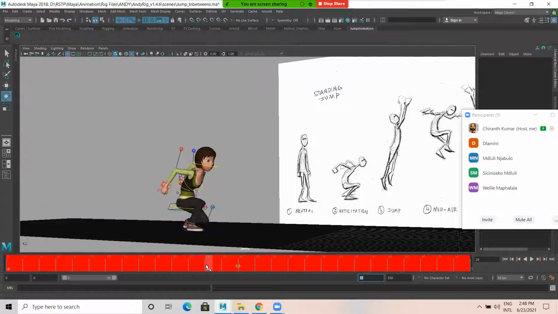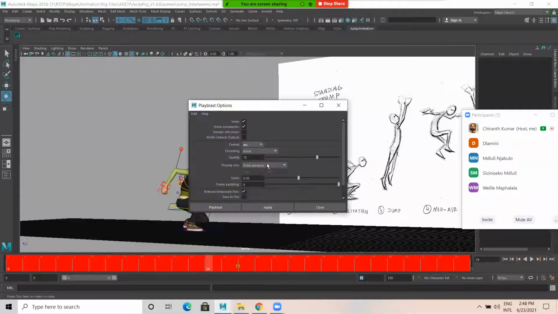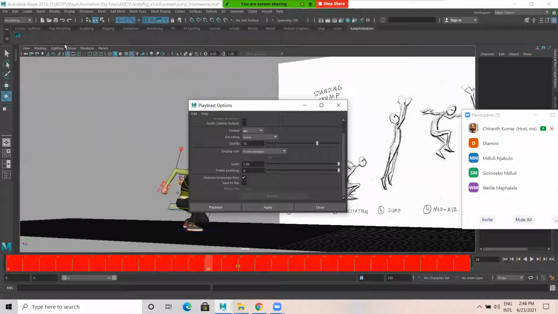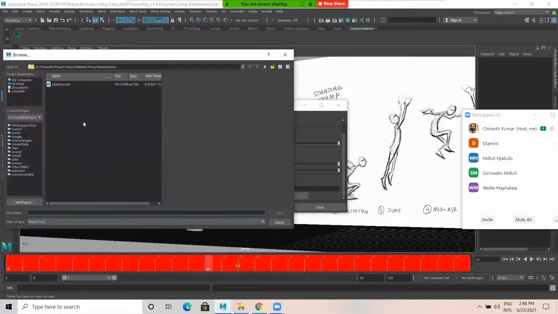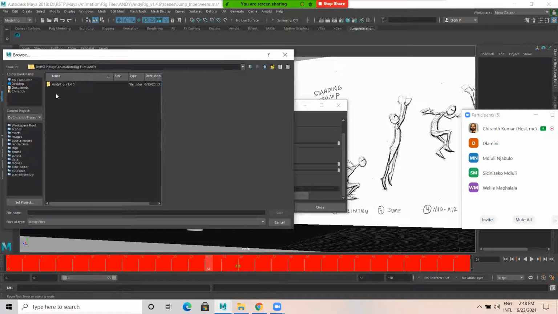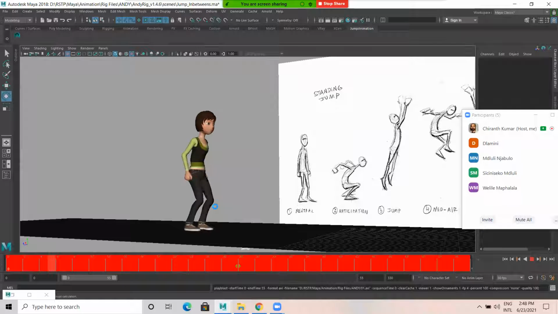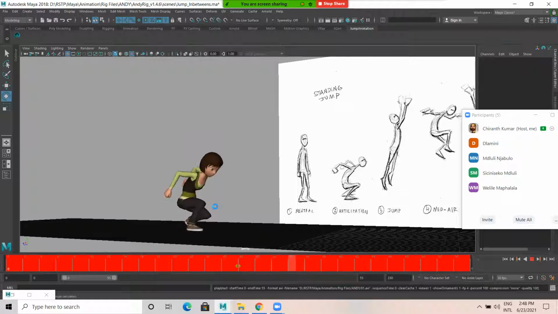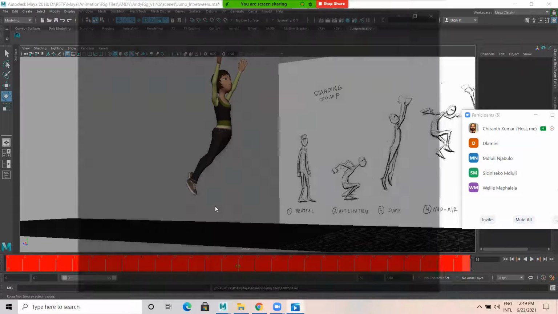Let me playblast this so that we can see how this looks. Playblast to the scale. Turn off NURBS curve. Quality is 100. Let me save this file. This is for temporary purpose. RSCP Maya animation rig files. So let us playblast this. Whenever we want to see the final animation, always go with playblast.